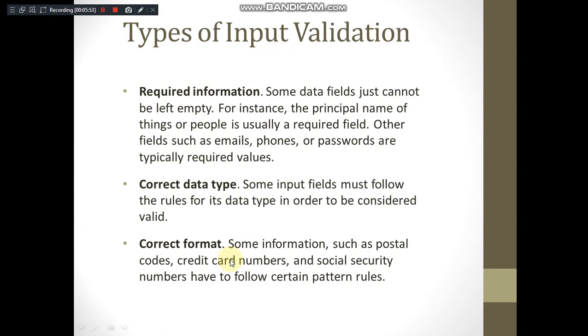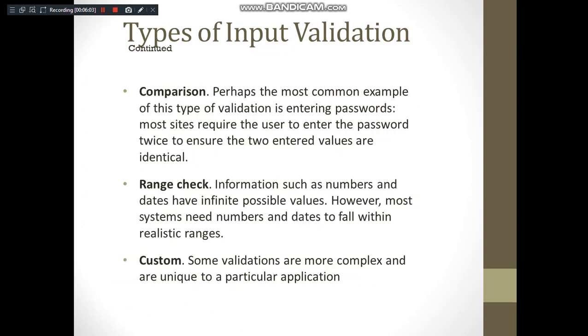So you are checking it against a pattern rule. Like USN, it should have the region code in the beginning and then the college code. So these are all format-related checks. Apart from this, you are checking with comparison with respect to entered values. Like you want to create a new password through a form, then you are asking the user to enter it twice. When the user enters it the second time and the two entered values are not identical, then you can display a message.